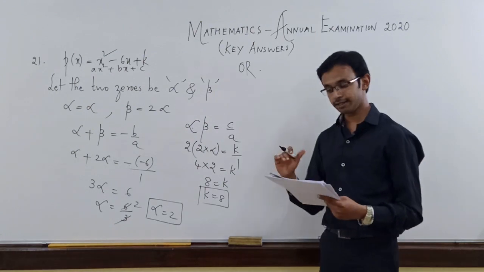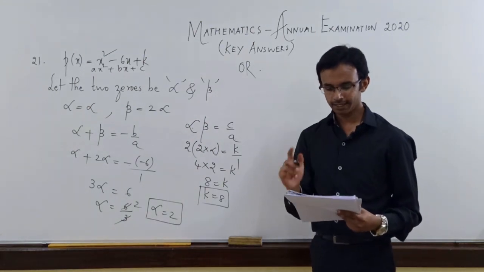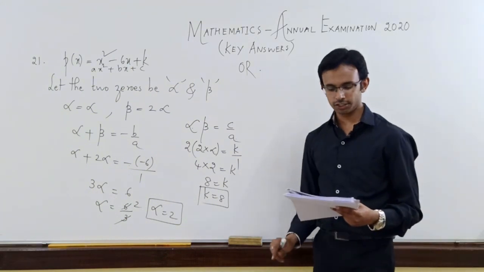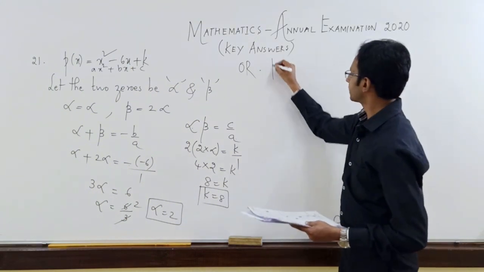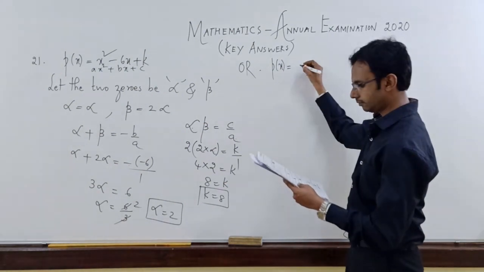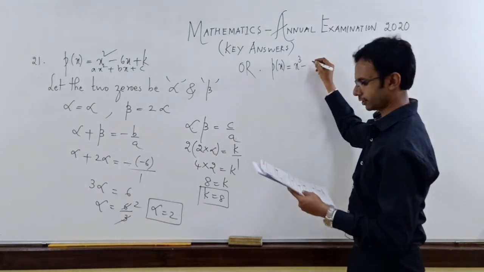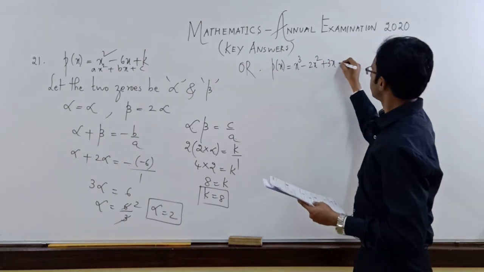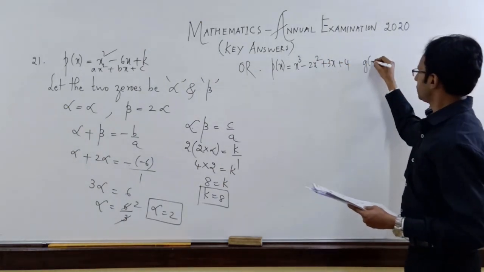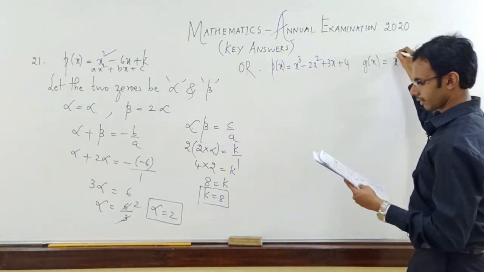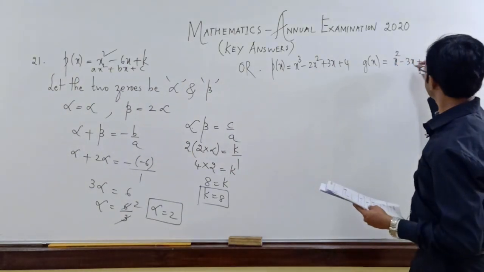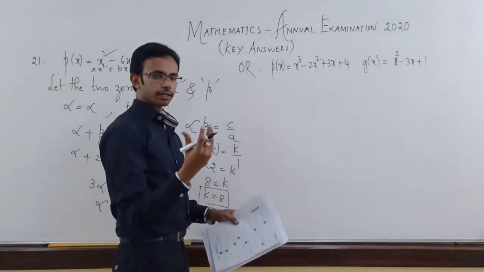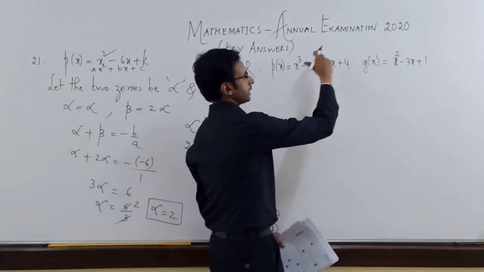They are asking to find the polynomial of least degree that should be subtracted from p of x so that it is exactly divisible by g of x. So p of x is given like this: x cube minus 2x square plus 3x plus 4. G of x is x square minus 3x plus 1. So what is the least degree polynomial that should be subtracted from this so that it is exactly divisible